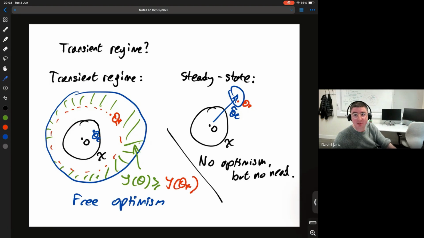And it just so happens that the threshold at which you stop getting this constant probability optimism for free coincides with where you enter the steady state regime, in which you no longer need optimism. And in this transient regime, you probably also don't actually need optimism. It's just a nice, convenient tool to make the proof go through. In the transient regime, essentially, you could just rely on exploring in all directions sufficiently.